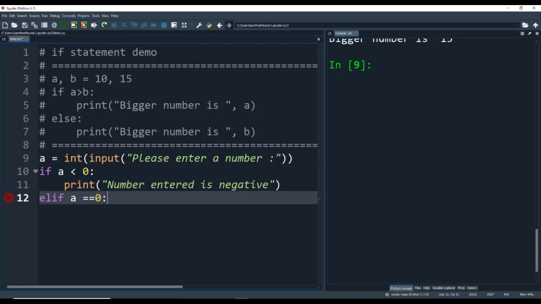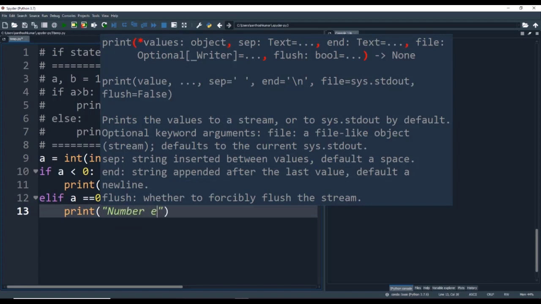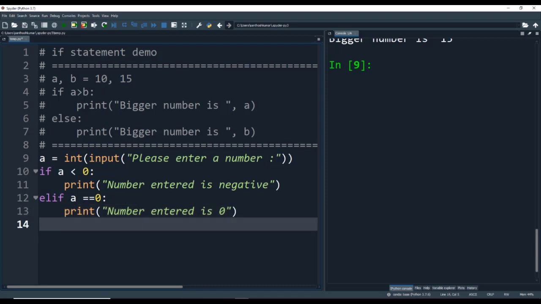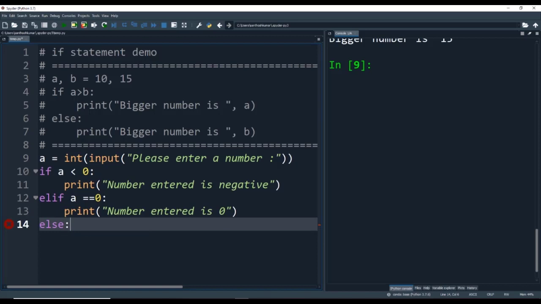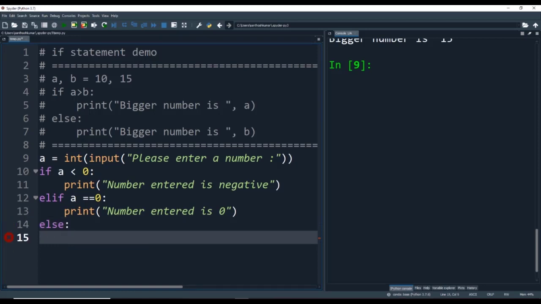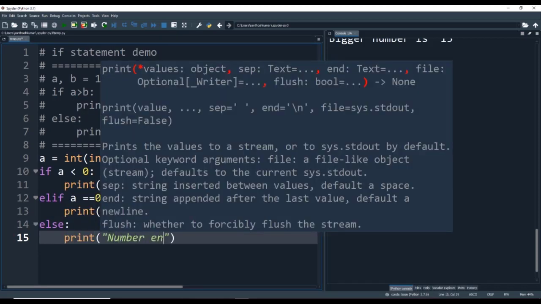So elif a == 0, then I am printing that the number entered is 0, and if both the above conditions are not satisfied, that is if a < 0 is not satisfied, and a == 0 is not satisfied, then basically the number is positive. So I am including that in the print statement of the else condition.